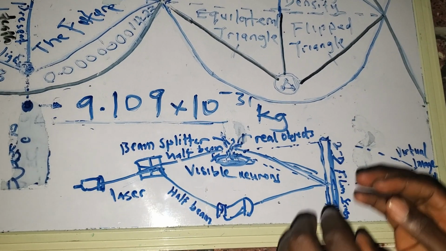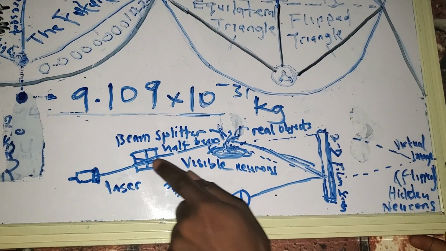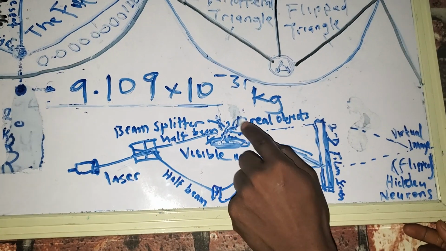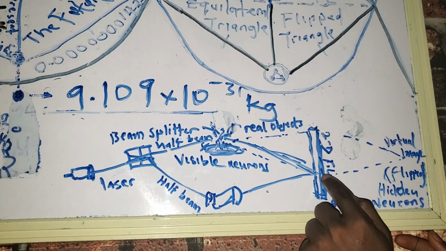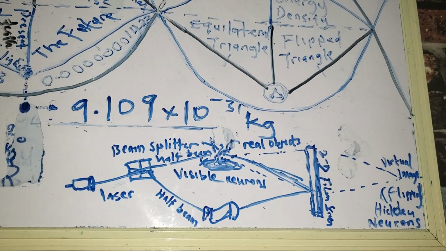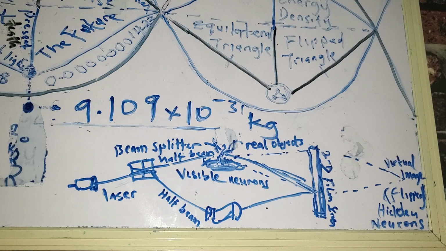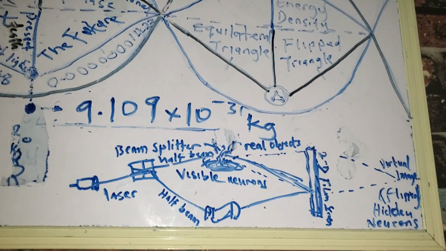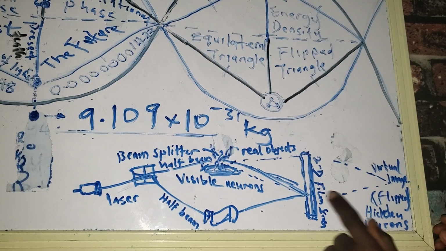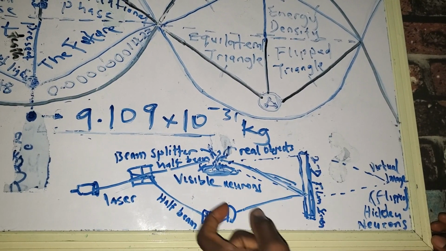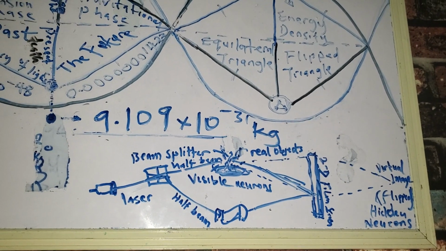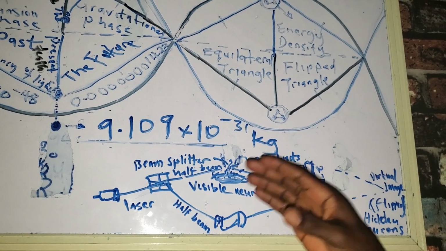reference beam. And so the beam that we have which reflects on this object and then refocused on the 2D film screen, we call that object beam. You understand? So now, by having the intersection of the reference and object beam on the 2D film, we're going to have clear picture of the object.